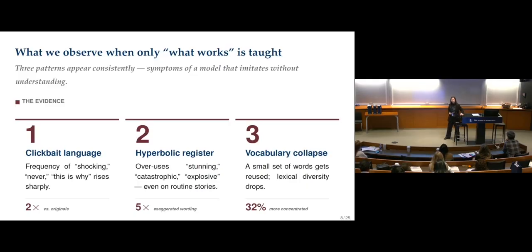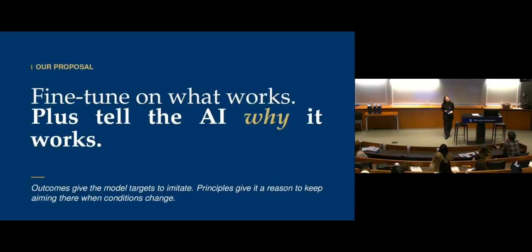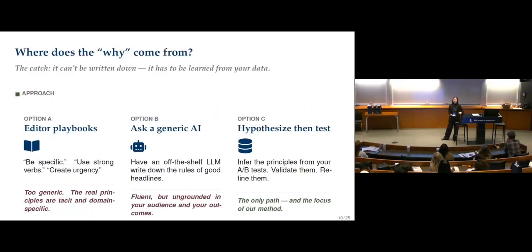All right, so what do we propose to solve this? How do we solve it? The fundamental problem is that we show the AI what works instead of also telling it why. So here we want to also supply this knowledge. We tell the AI the mechanism or the principle driving this engagement difference, and hopefully that can help the AI do better. But the challenge is, where does this why knowledge come from?